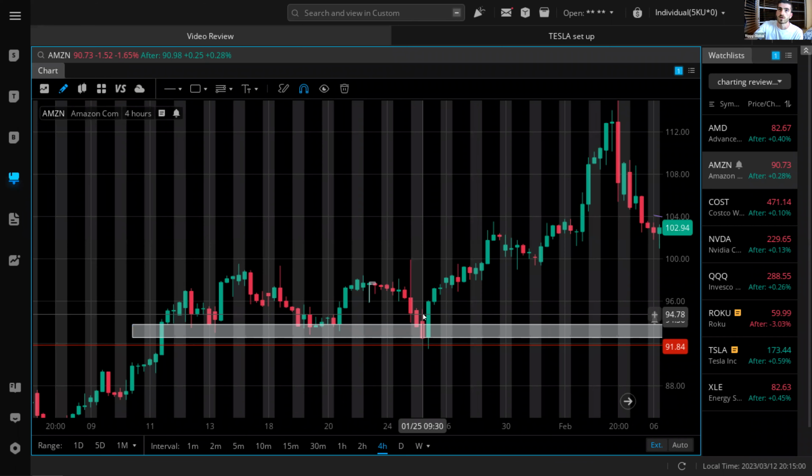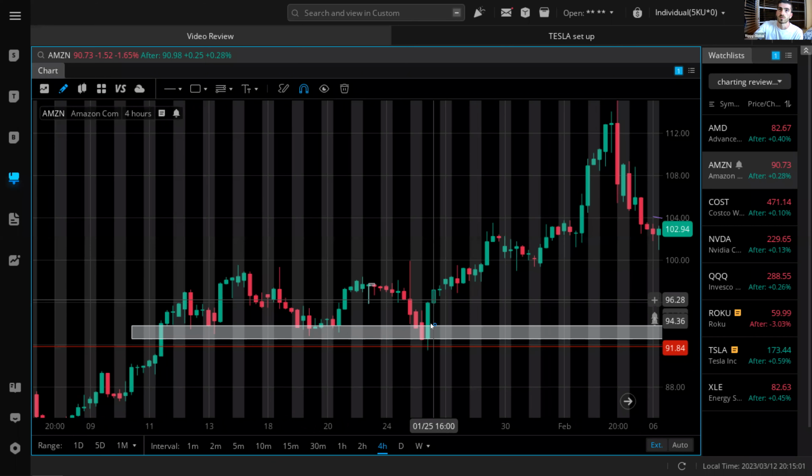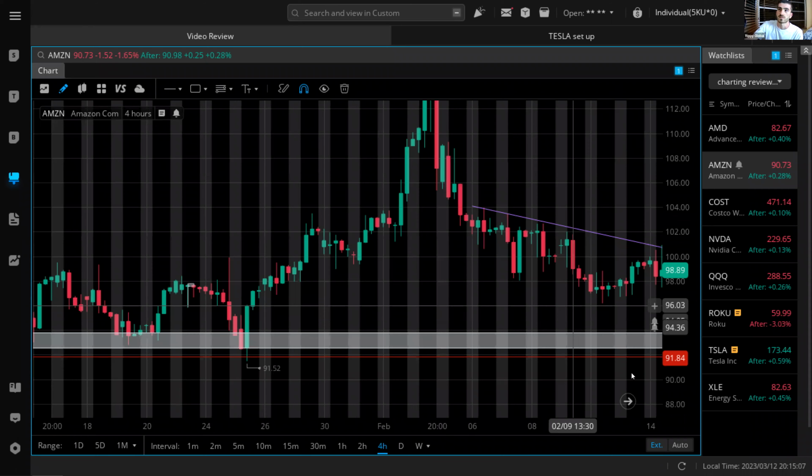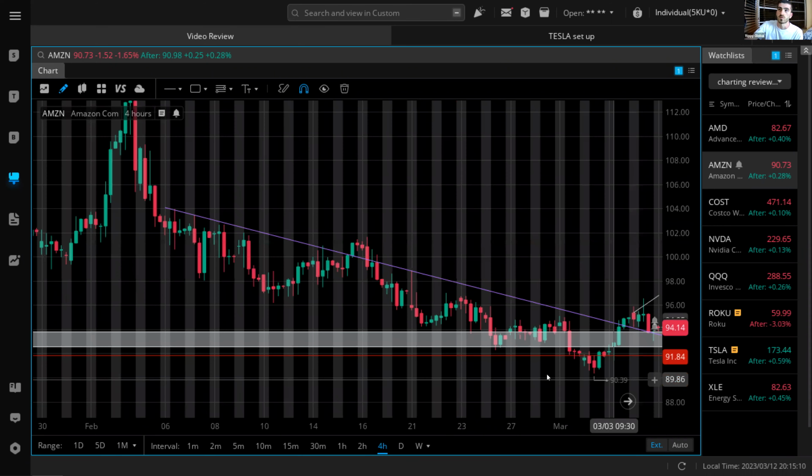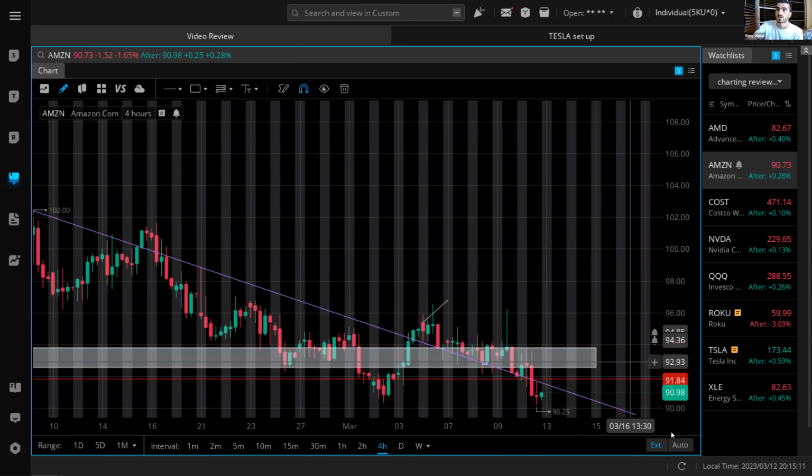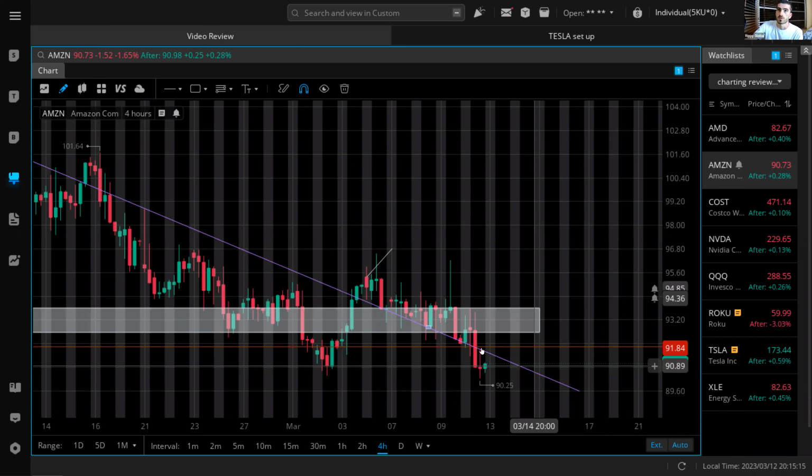So even on this day right here, when this candle wicked below, it held the zone where I put the red line and it broke right back above. So just using that area, that's one of the main spots that I'm personally going to be watching now, since I just noticed this in front of me right now. So I can use the 91 a share to 92 a share just to find an idea of,